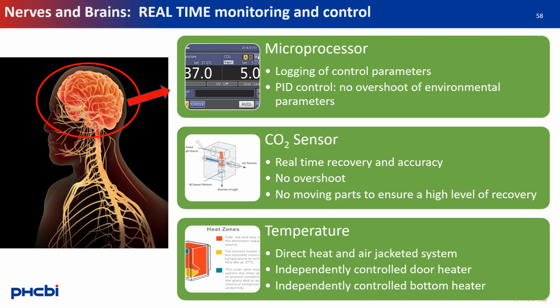For example, if we have a door opening event and cells lose their environment, our infrared CO2 sensor, built with a reference sensor for calibration, will instantaneously recognize and recover CO2 environments. Additionally, our direct heat and air jacket temperature system includes independently controlled door and floor heaters. This allows for nice, even distribution of heat parameters and allows us to ensure cells within the chamber are subject to